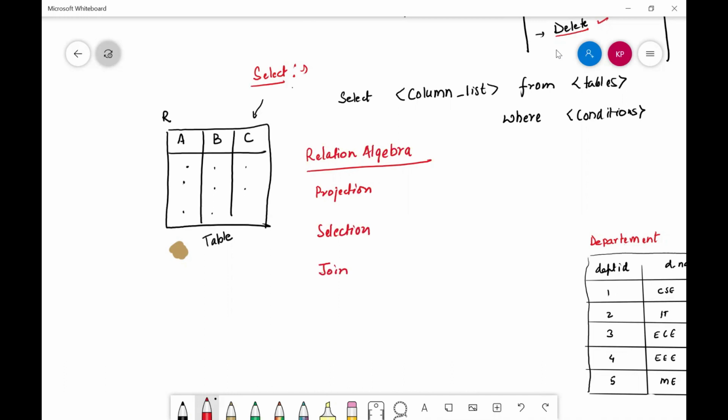In SQL, all these three can be taken care of in just one select statement. We'll see which part of the select command connects to each relational algebra operation. The first, projection, is the column list.